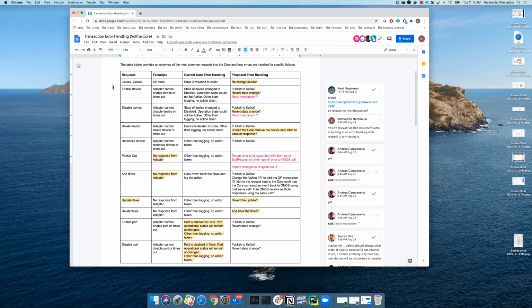After that, we start a timer and wait asynchronously for the response. So what you're suggesting is, instead of waiting for the final response, we just receive an ACK from the adapter, and after that, wait for subsequent